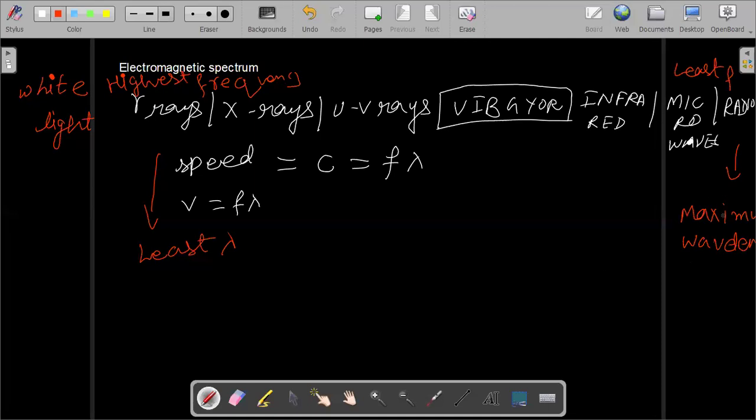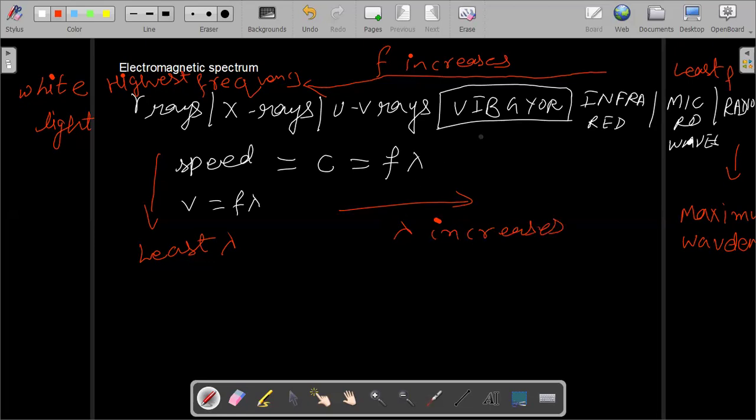Red color has the maximum wavelength, and gamma rays, so not red, the radio waves have the maximum wavelength, and gamma rays have the least wavelength. Everyone understood about this wavelength and the frequency? Yes, sir. You can consider that on this side the frequency increases from radio waves to gamma rays, and here the wavelength lambda increases. In terms of lambda, if I discuss the VIBGYOR, out of these light rays, I think